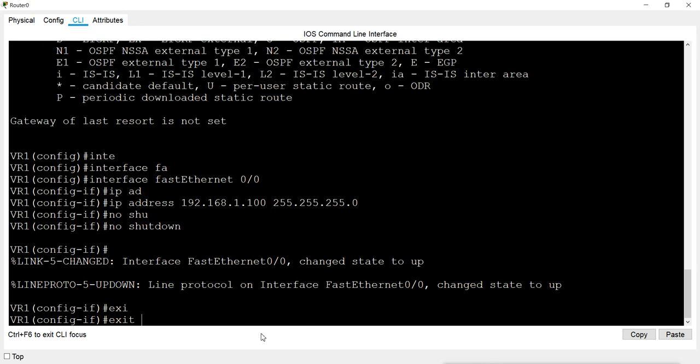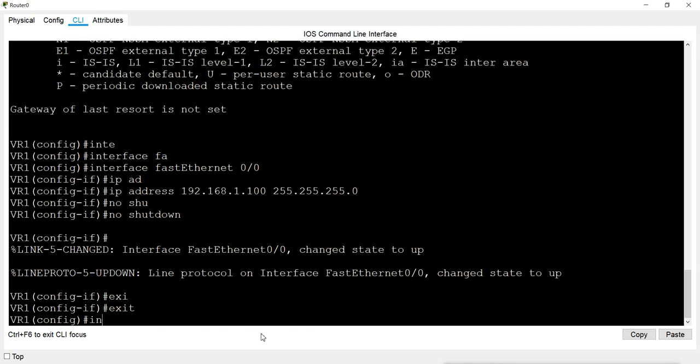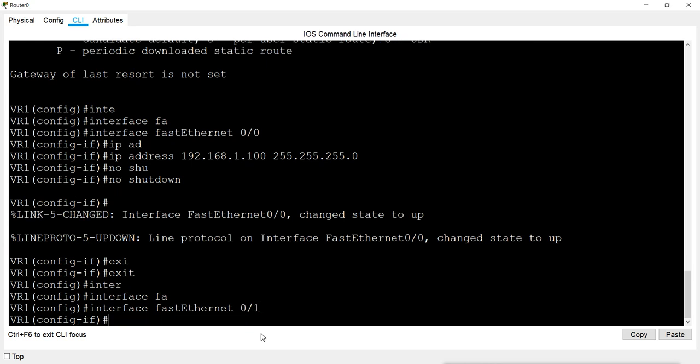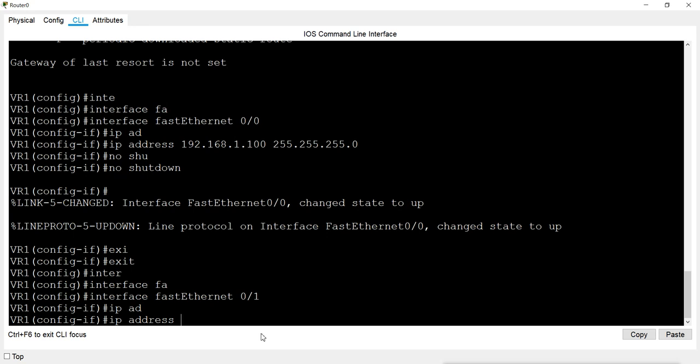Then I will exit from here and go to the other port, Fast Ethernet 0/1, and this port will be for VLAN B. Here I will give the IP address which will be the gateway for all the machines in VLAN B, and that is 2.100 with the default subnet.